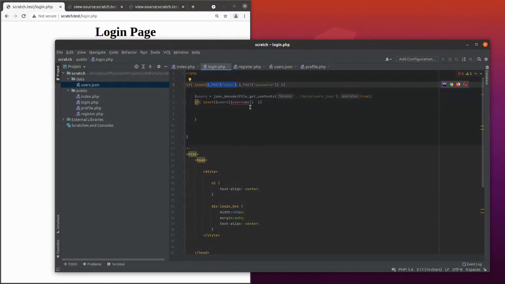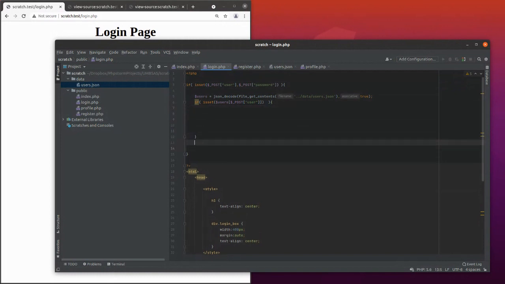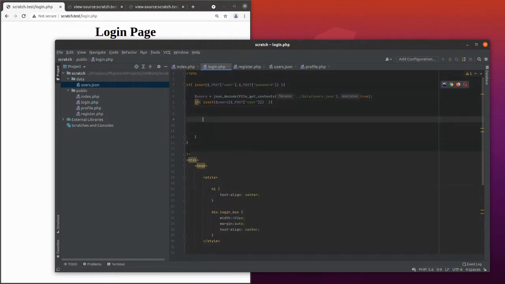That's going to check. So this is the login form that's receiving the username and password that somebody's just entered. We're going to check in the users object whether that user exists. If it exists, we've got the user object, and now we just need to match against whether the password is actually correct on there. So if users, then we want the password key from that object, and if that's equal to the MD5 hash of the password that's been entered,